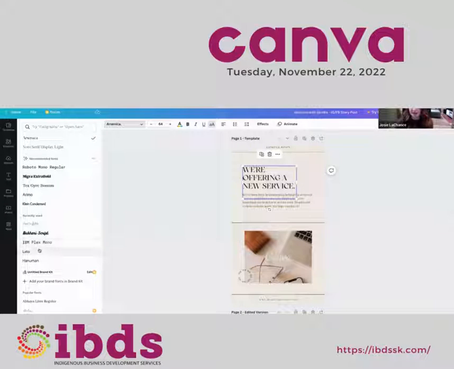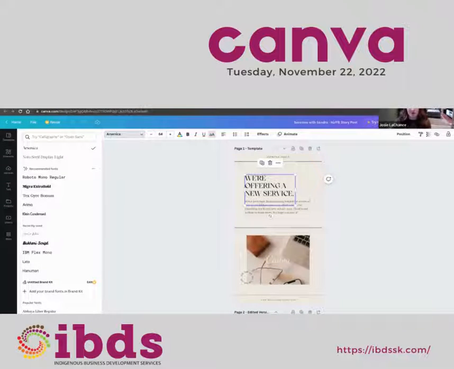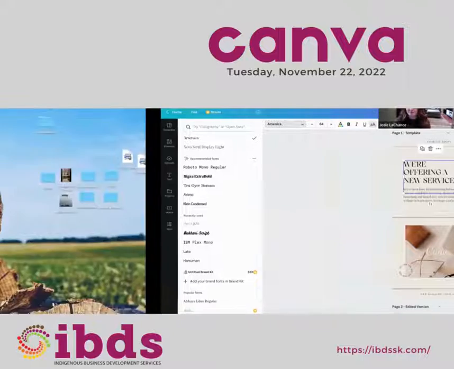So these are most likely my common fonts that I use. And I also just have a little book where I write down my favorite fonts and my favorite colors, so that it's easy for me. That's one way that I get around not having to have the paid version. So there are ways around it for sure.